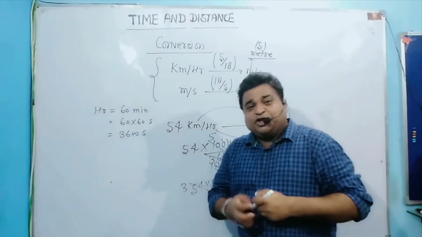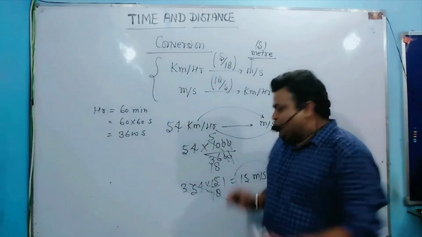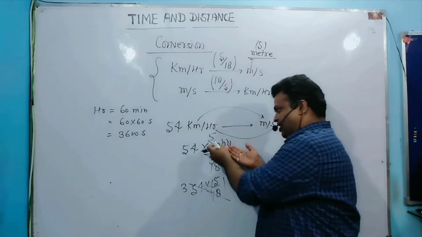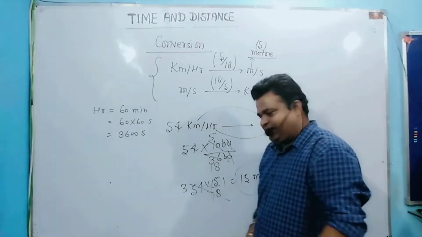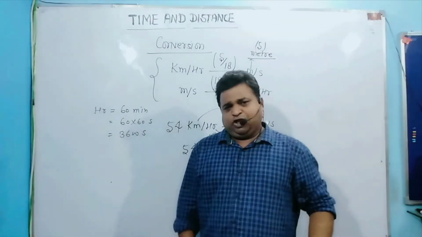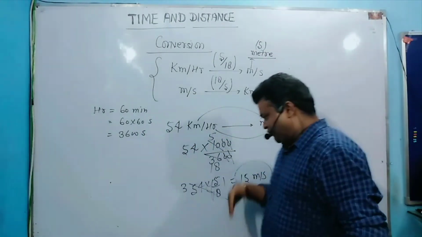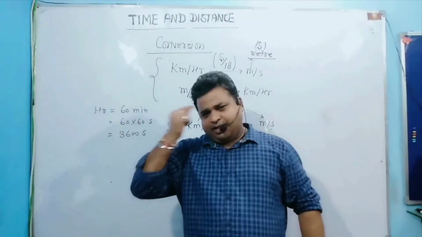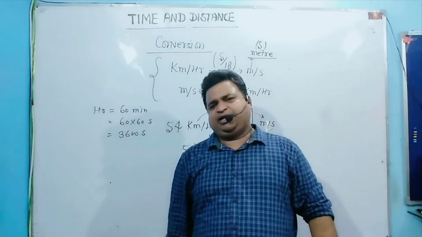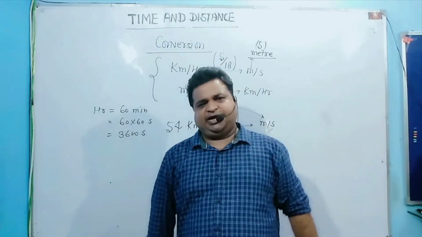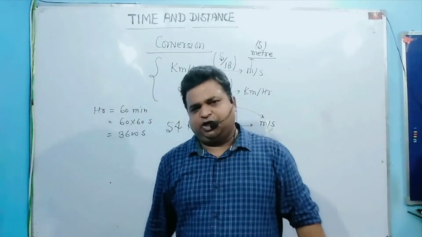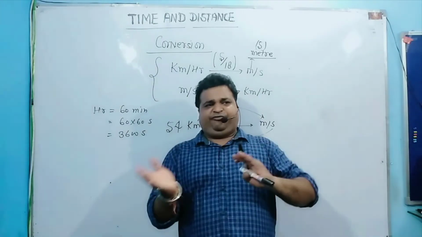But here you need to calculate the value. You are putting kilometer into meter, 1000, and hour into second, and then you multiply and divide, and then you will get the same result. So if you are good in mathematics, you go with this. Otherwise, if you are good in skills, you just remember 5 by 18 is my multiplying factor to convert kilometer per hour into meter per second. So I hope this will clear to all of you the conversion of different units.